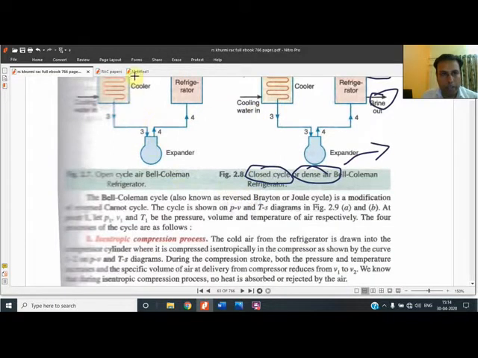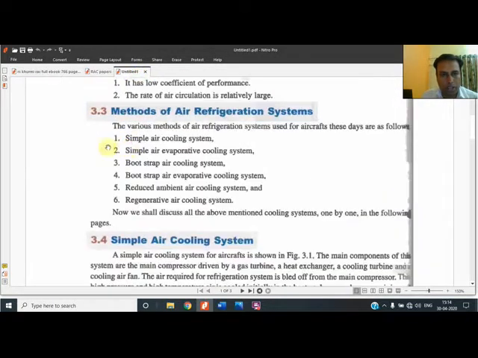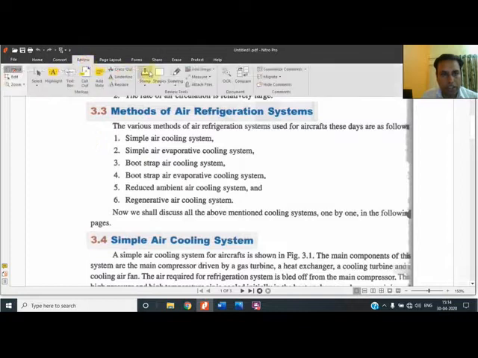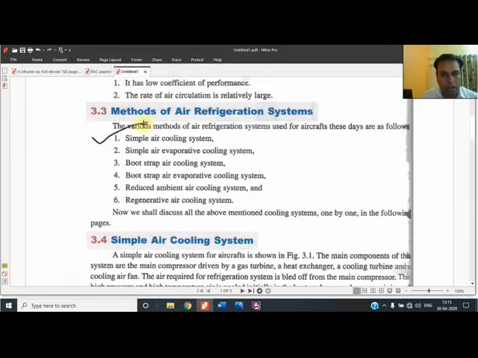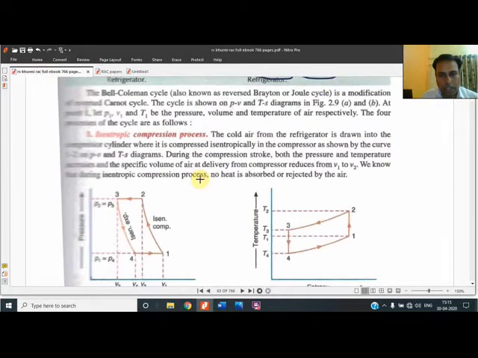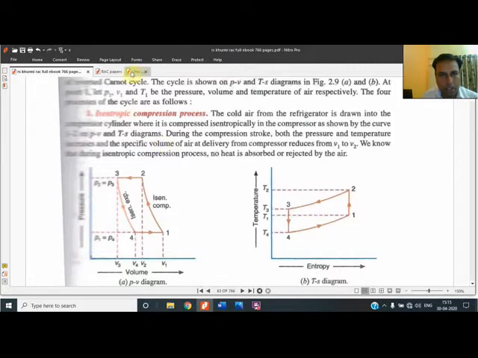This is popular in air refrigeration also, because I have told you in air refrigeration there are 6 cases as per the referred book, Khurmi. We are using this book in our syllabus also. Although there are 6 cases, all the cases are based on this basic cycle, that is, we have to first compress.